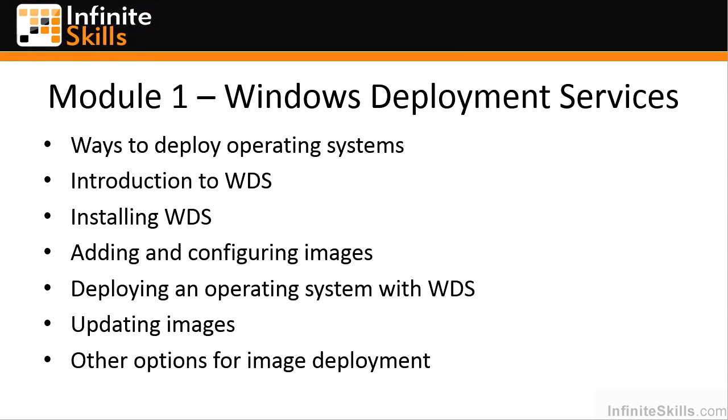This lesson covers Windows Deployment Services and how we can use it to deploy operating systems in our Microsoft-centric environment. The details of this module include different ways we can install operating systems, an introduction to the WDS technology, how to install and configure WDS and actually add operating system images to it, deploying operating systems using Windows Deployment Services, and the different options for booting over the network or booting from a discovery media, how we can update